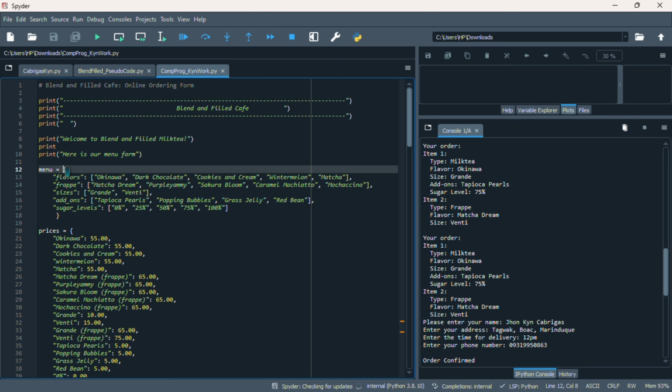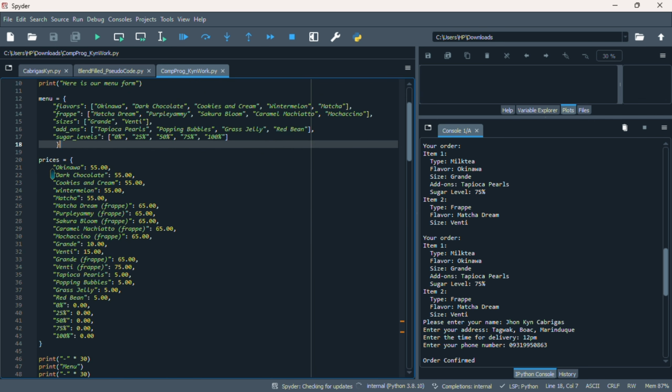I've listed the menus, which are flavors, type of drink, sizes, add-ons, and sugar levels. Those variables are the menus, and here we can see the prices of those menus.